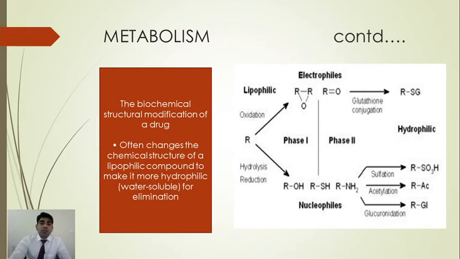As we have seen in the diagram, the lipophilic compounds are converted into hydrophilic compounds by the involvement of these two phases and various enzymes, and finally we get hydrophilic molecules, which get dissolved into the body fluids and excreted